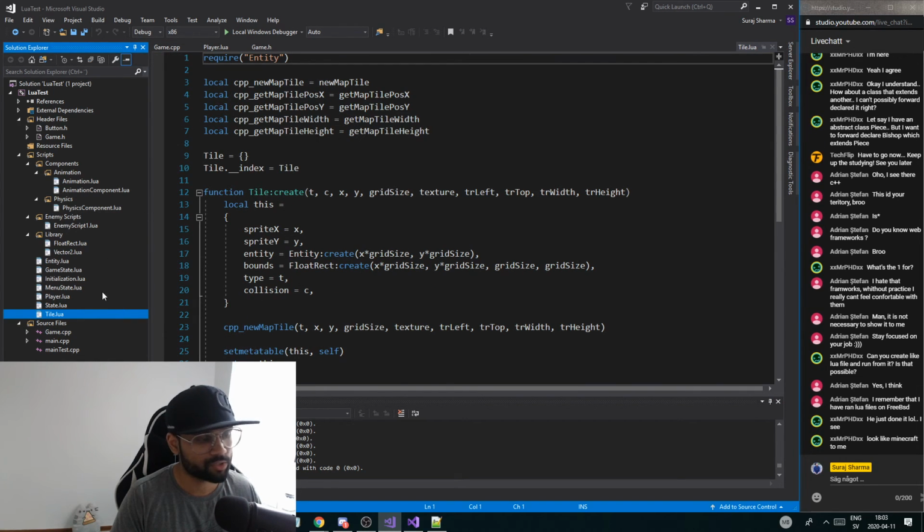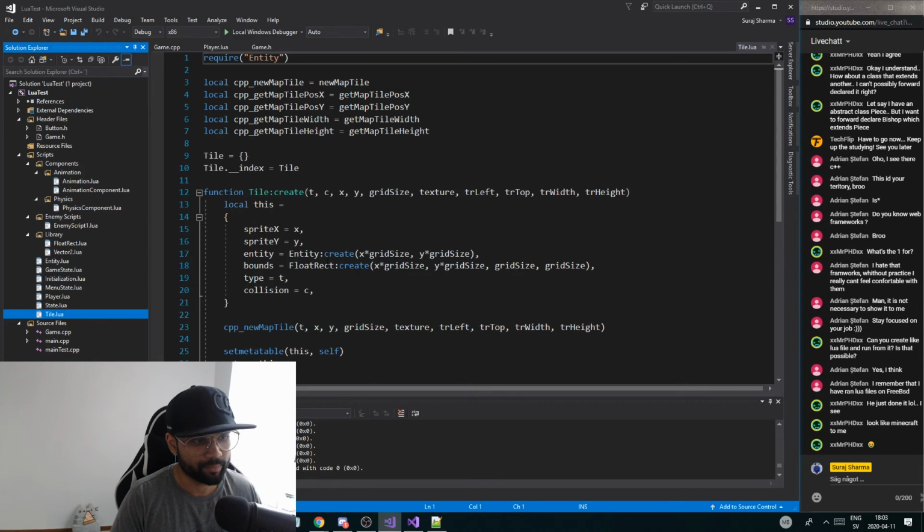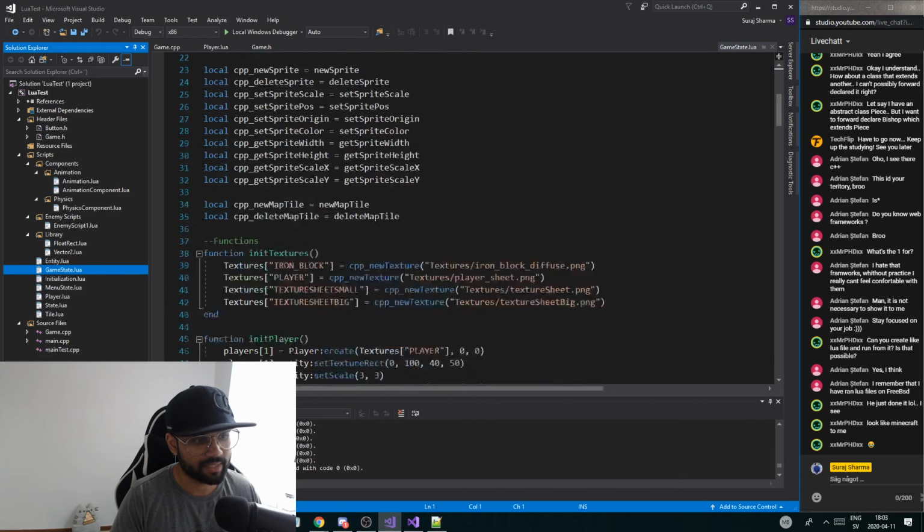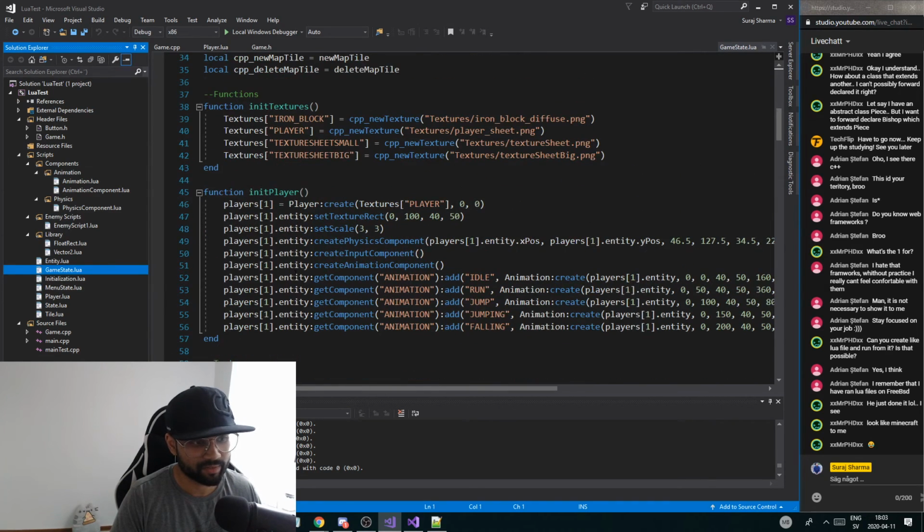Everything is Lua. I'm registering functions, and I'm using stuff in Lua. That's all I'm doing because it's so easy to use Lua. This is the game state, for example. You might not get a lot of this, but basically